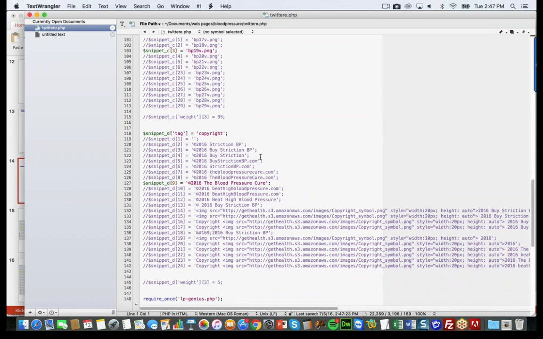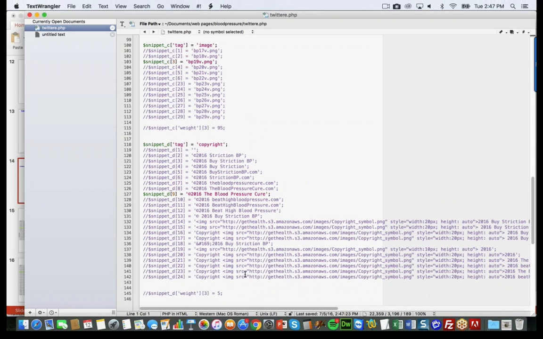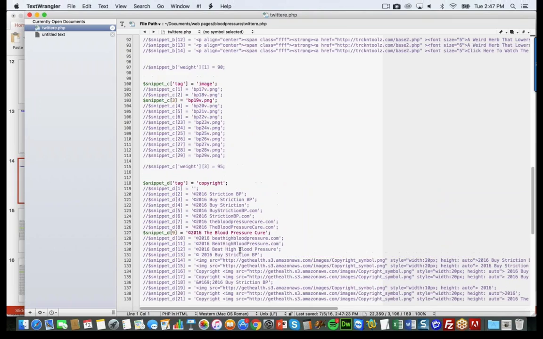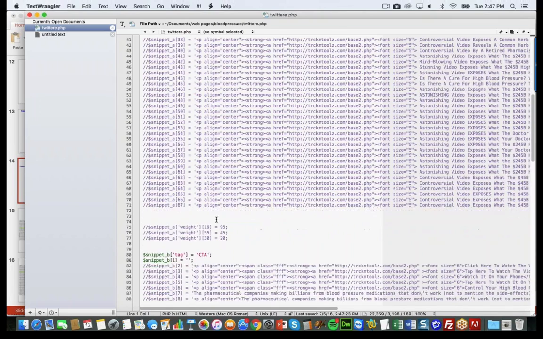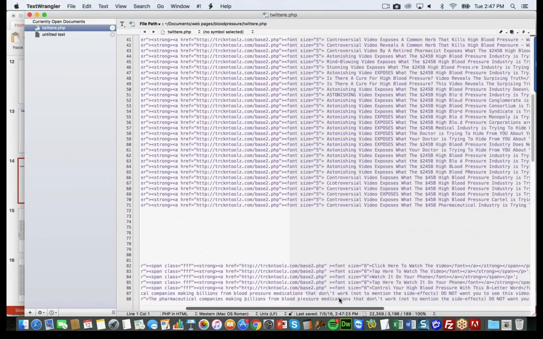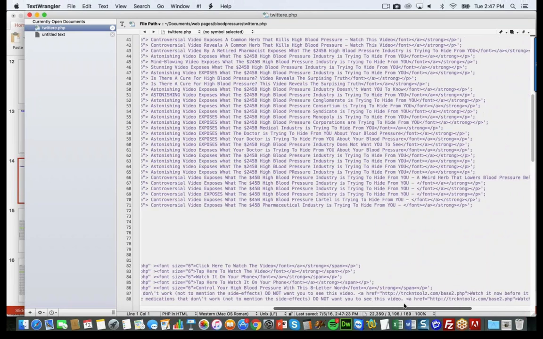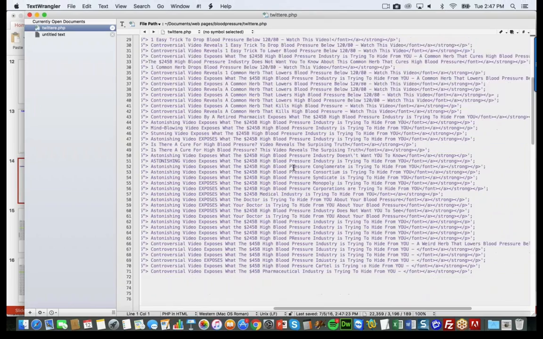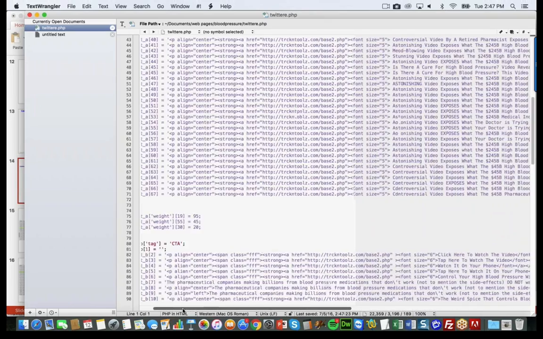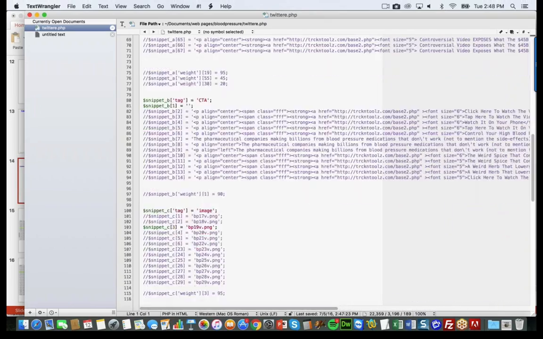So for the copyright, these are all different copyrights that I tried, and this one was the winner. This 2016, the blood pressure cure. But I tested like 24 different ones. Same thing with headline. The headlines were down to like 67 different headlines, and a lot of them are very, very similar, just very tiny changes. But basically that's snippet A, and so this is the actual code of the page,